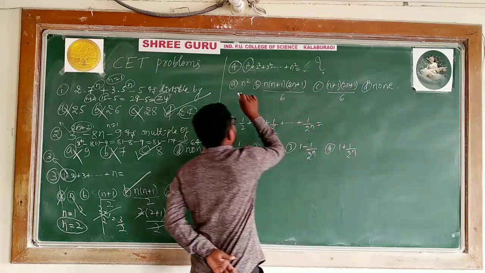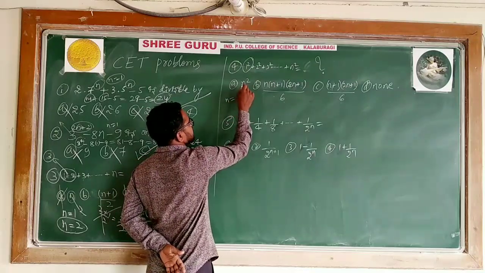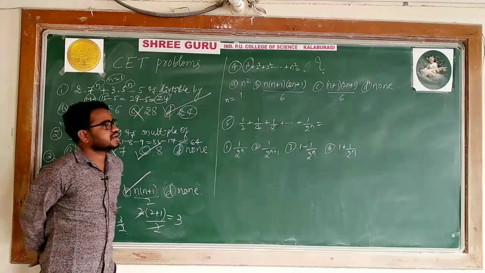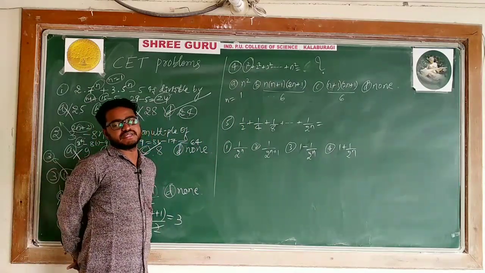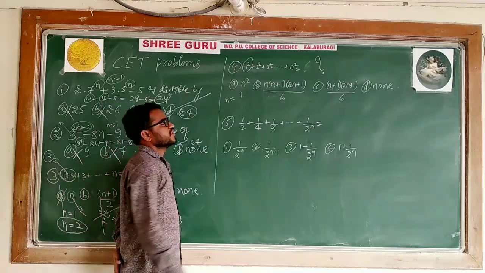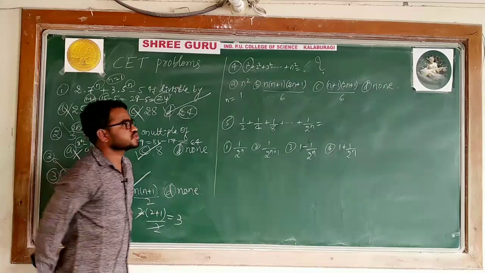This n is equal to 1. n is equal to 1 will become first option true, second option true, third option true. Means it is not like 3 different options are the result of the given question. So when you are getting more than one option correct, you go for n is equal to 2.